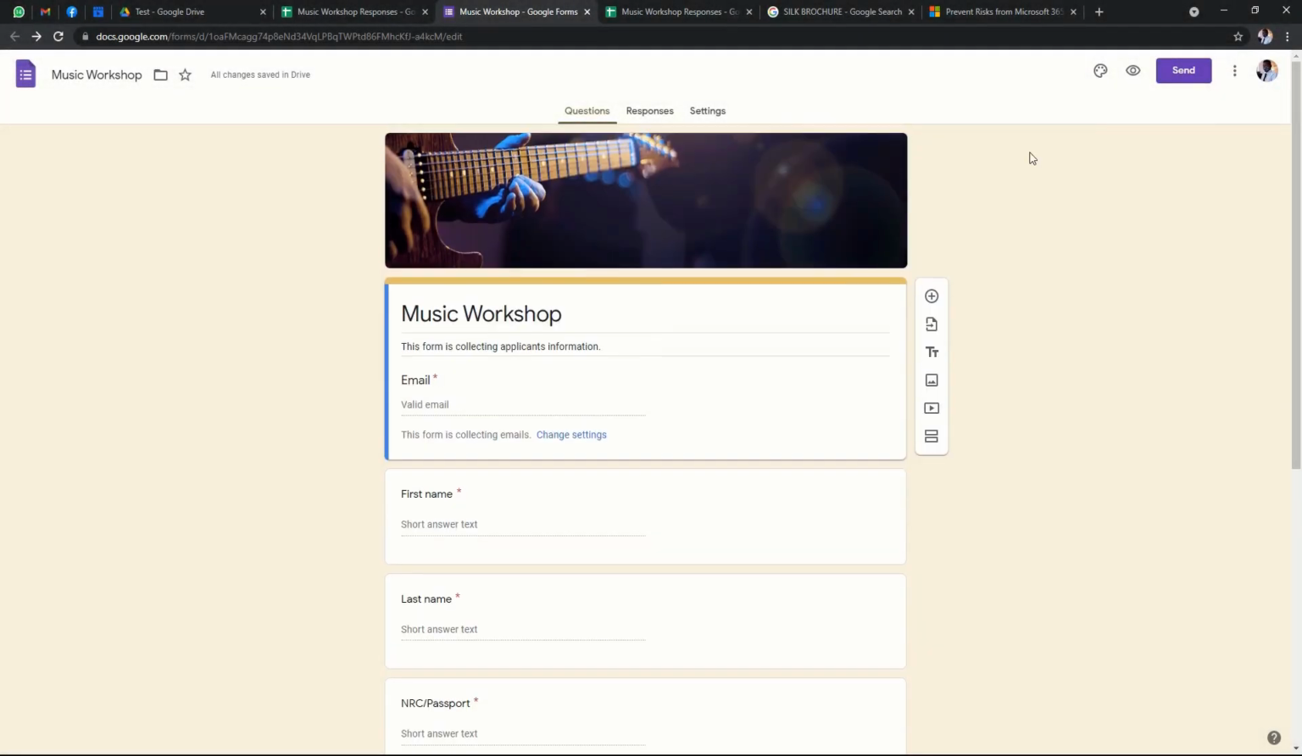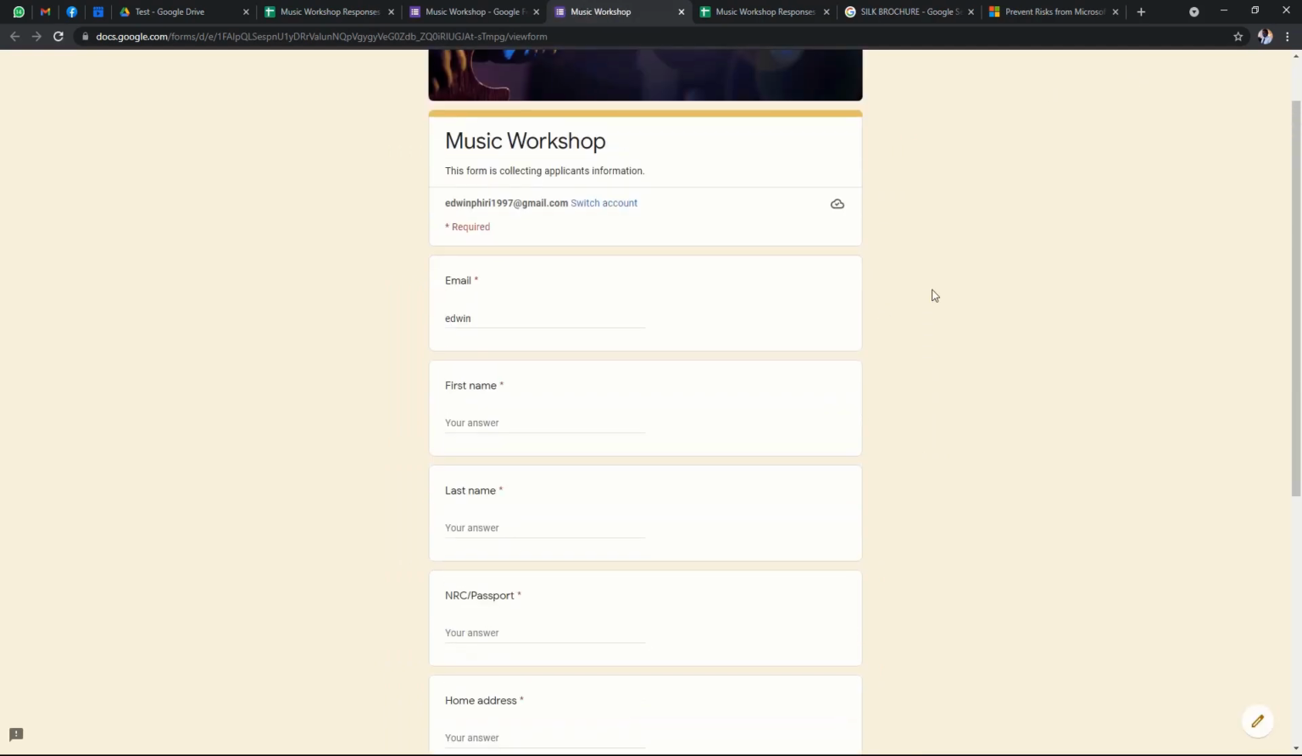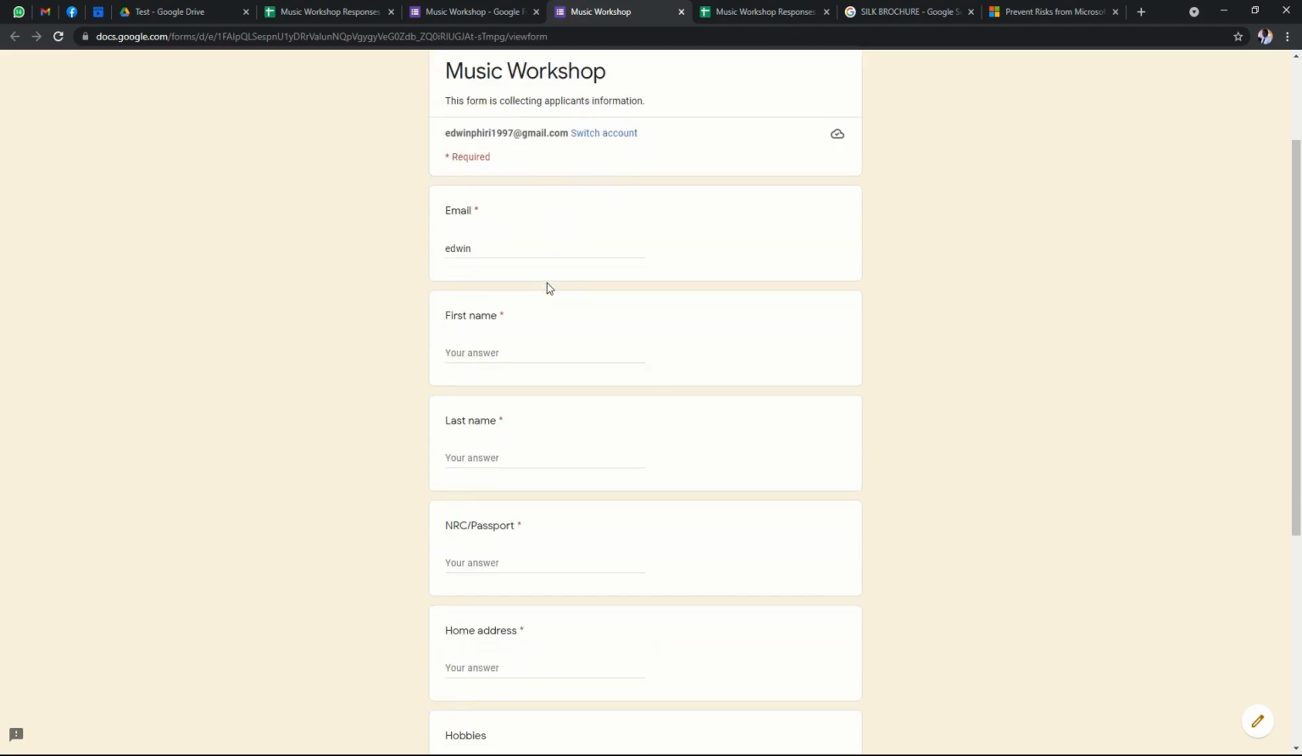Okay, so now let's go and make a dummy or test application by going to the preview button or icon. So as we go there, we've seen that it has acknowledged that this is the account which is signed in, and it is required. So you can change, but if you don't want, you can leave it there. But I'm going to go ahead and write it there. I'm going to write it there, Edwin Phiri 1997 at